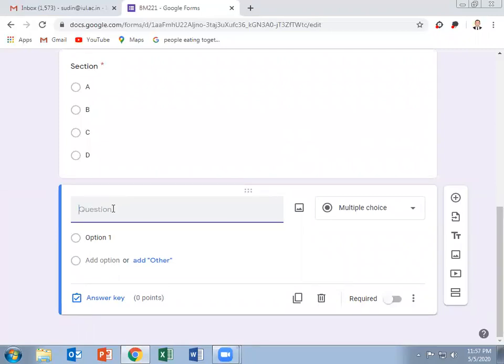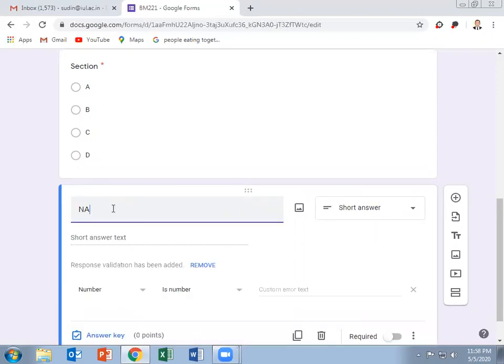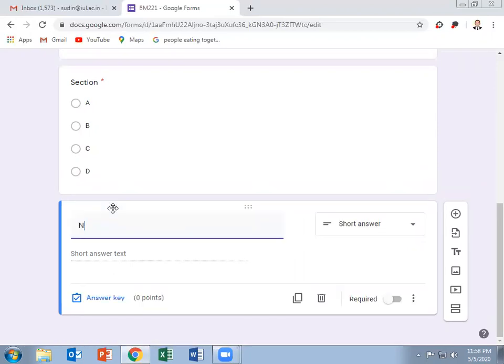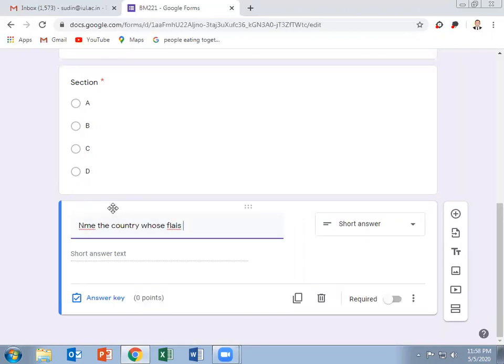For example, if you want to ask a student, name the country whose flag is shown below. Now in this question, we want to add an image.